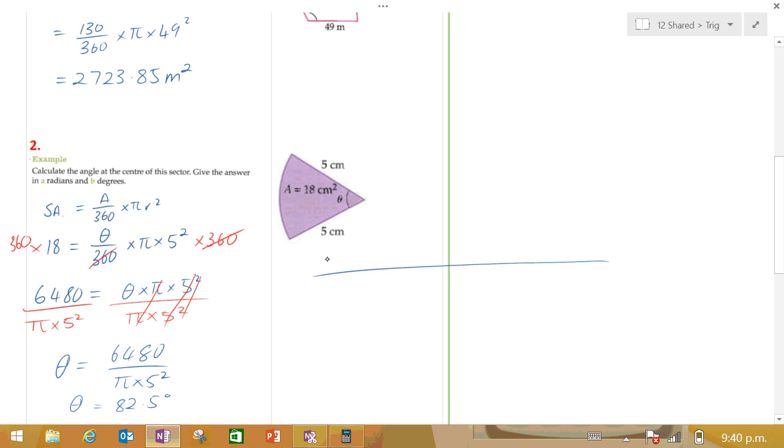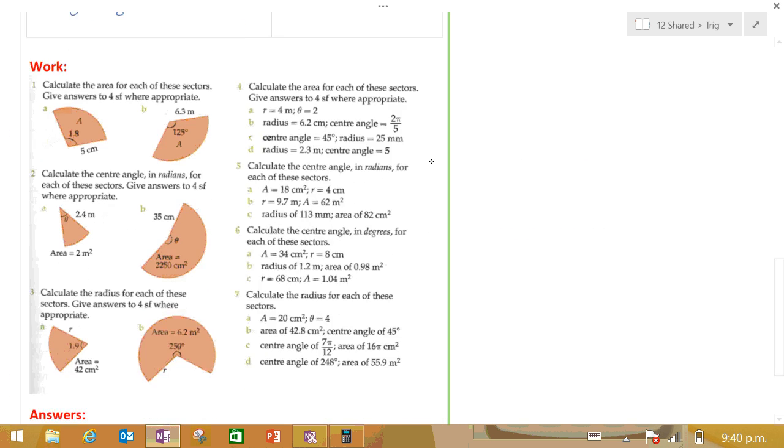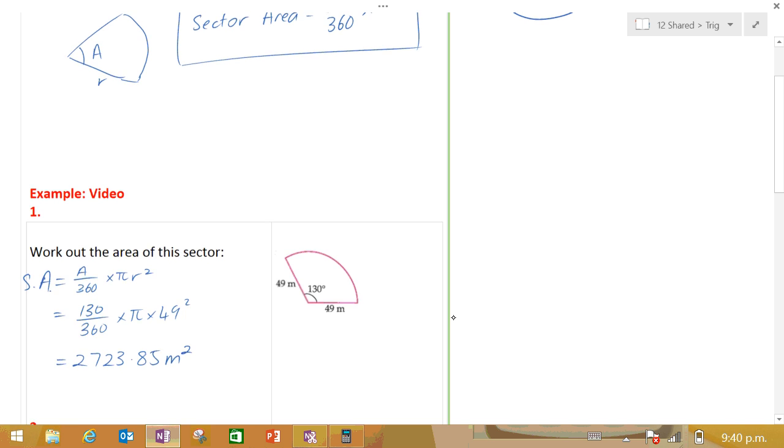Alright, if you're able to do this problem here, I think you're doing pretty well. That's reasonably good for your level of maths, but certainly you should be aiming to be able to do that. Same with all the rest, you've got some practice under here, and flick me an email or something if you've got any questions. Otherwise, we'll go